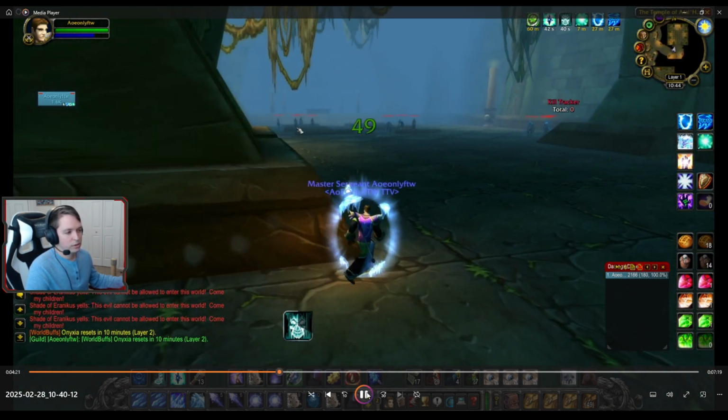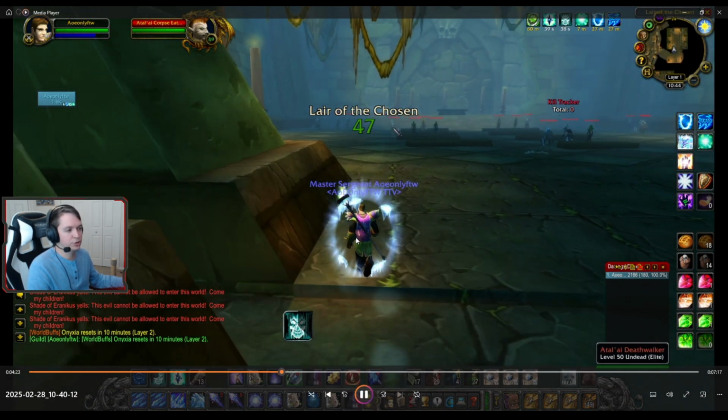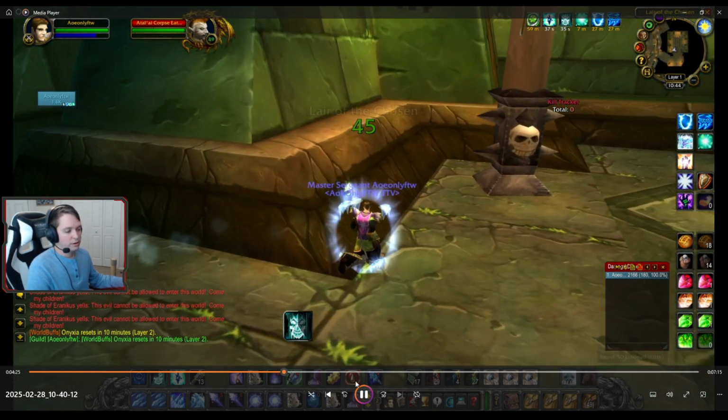So this is where I've seen other tutorials. What I like to do is different. I found a slight improvement, at least in my opinion it's been an improvement, and that's where I like to select the front mob, the mob that's closest to the boss, which is usually this third mob from the left right here. I like to select them, and what I'm actually going to do is, a lot of tutorials say